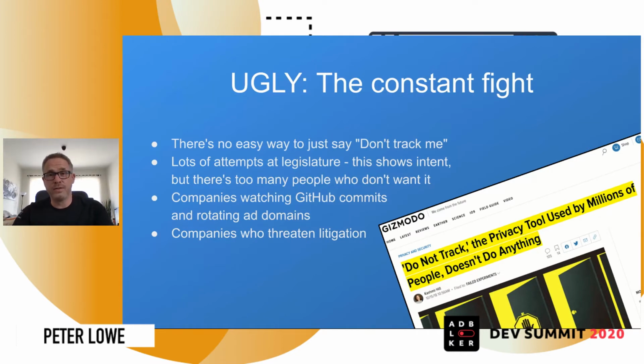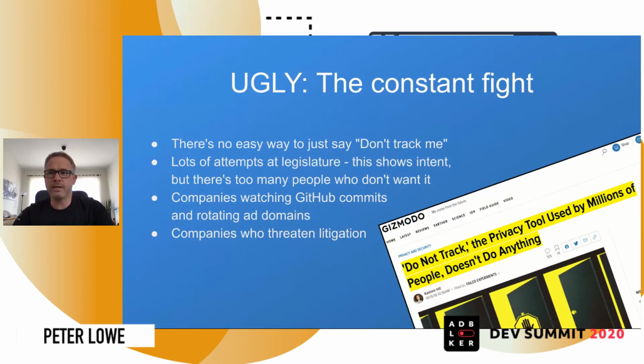And there's also companies who threaten litigation. I was going to include some details here, but I thought it better not in case I get sued. But the people's reaction sometimes is quite bad. They feel like they have a right to serve ads and a right to track people, and when you put measures in place to stop that, they get very upset.